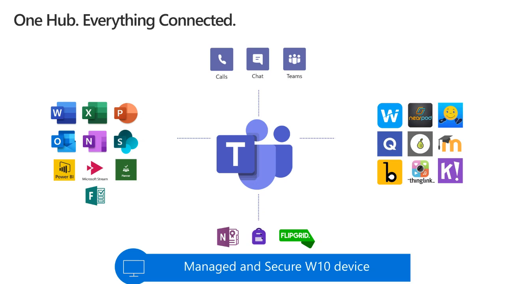So I can see some of my emails into there. I can send emails from Outlook directly into Teams, so we can have that conversation where it should be and be able to collaborate rather than having disjointed emails going backwards and forwards. I can share Word documents to collaborate on, Excel documents, all the things, and give it all the power that I want to have to be able to make sure that I can collaborate really well. And once I've collaborated, I can harness the power of Power BI to show the data based on the information that we've got together to be able to work on there.